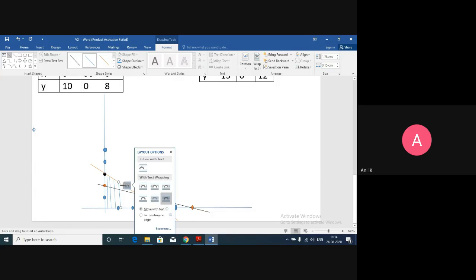So let me quickly draw these lines. So with the pencil you are going to draw these lines. So that's why I try to avoid it, but I should show you at least one question. So this process will go. So I'm not going to the negative x-axis or negative y-axis because x and y both should be positive values. So it will go till this way. Okay. So this is for the first equation of the line.